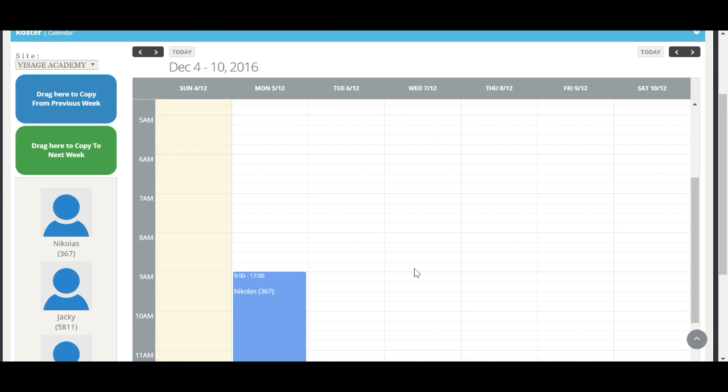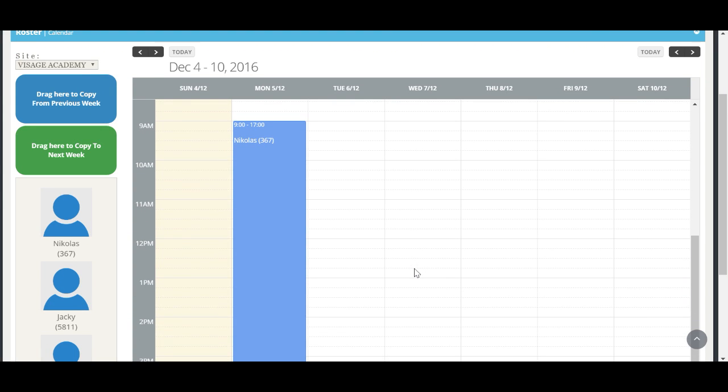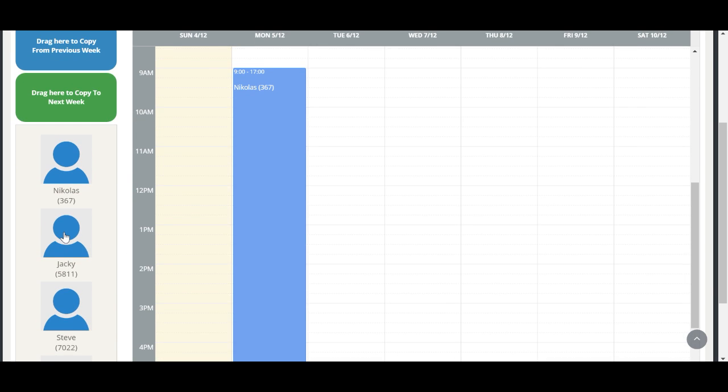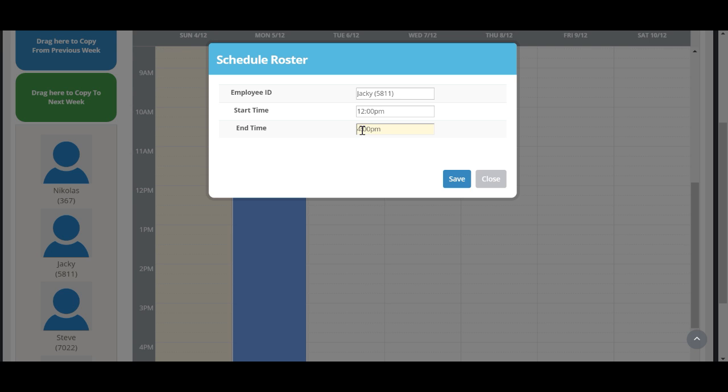So let's say we would like Nicholas to work till 5 p.m. and save. And as you can see, a very familiar style of calendar appointment functionality as we have for our customer bookings. Secondly, let's say Jackie is going to start at midday, and by default the roster times are 4 hours, but that can be updated here,